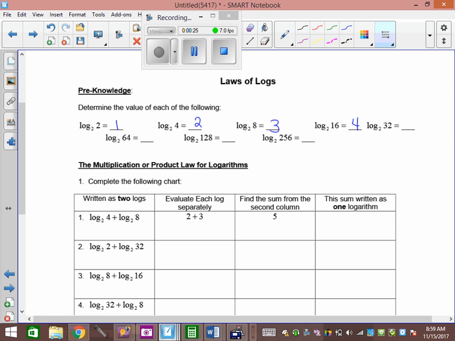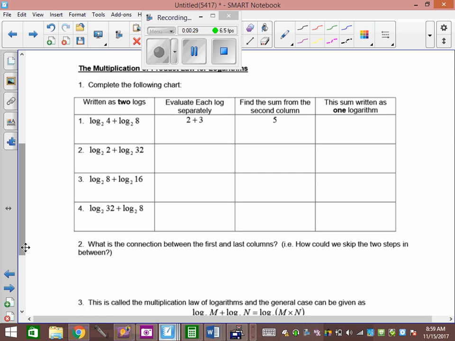But the next thing we're going to look at is if we add and subtract logs of the same base, what can we do? So if we have log base 2 of 4 plus log base 2 of 8, we know that log base 2 of 4 is 2, and log base 2 of 8 is 3. So it's technically 2 plus 3, which is 5, right? If you just did the logs separately and put them together, that equals 5, right? But